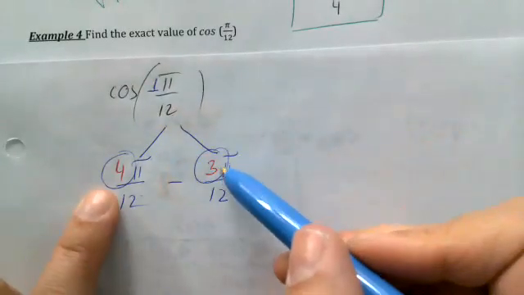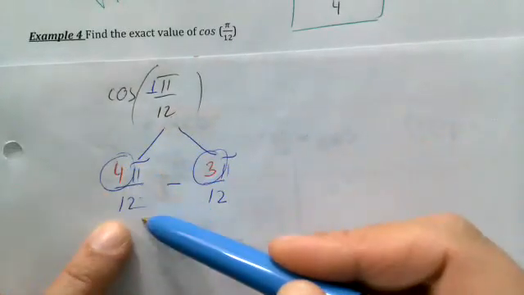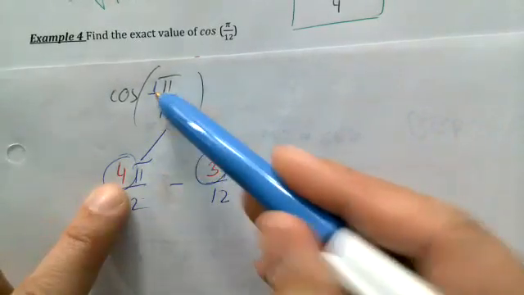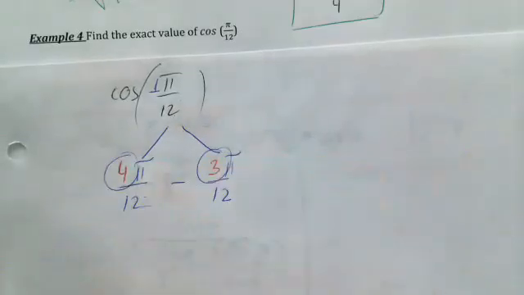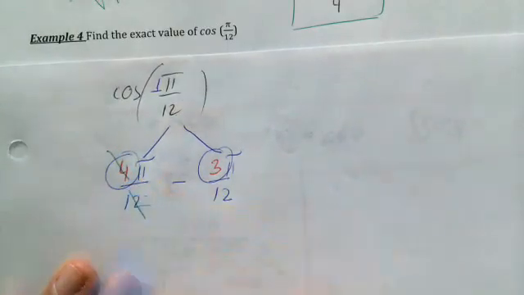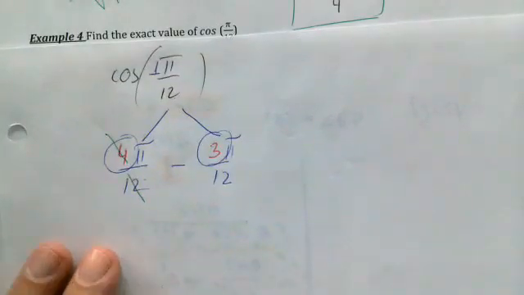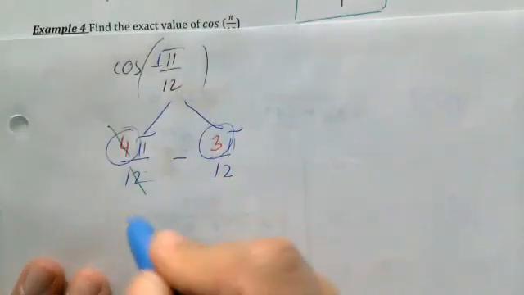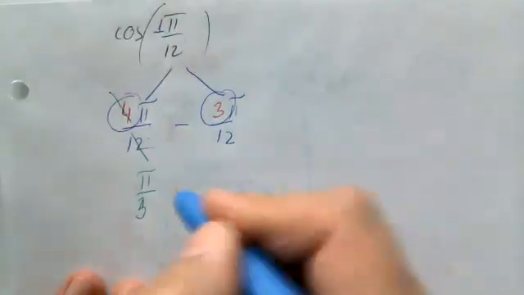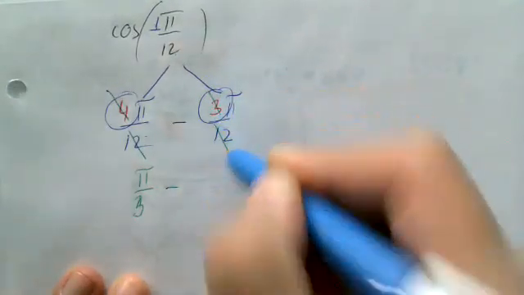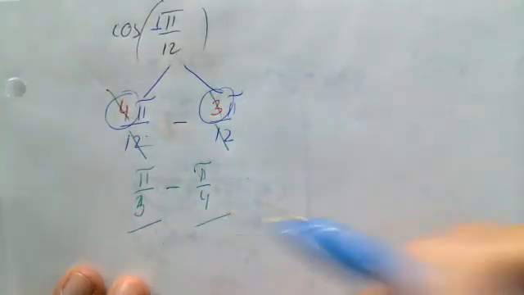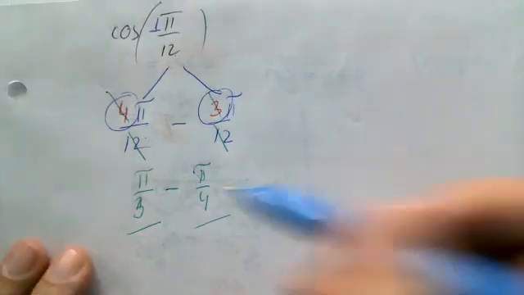These are great choices because 4 does simplify with 12, and 3 does simplify with 12. Does it subtract to 1 pi over 12? Yes, it does. Now I can simplify, because I can't work with these in these forms. I have to make sure they give me an angle on the unit circle. If I cancel 4 with 12, I get 1 pi over 3. If I cancel 3 with 12, I get 1 pi over 4. So both pi over 3 and pi over 4 are on the unit circle, so I can use these